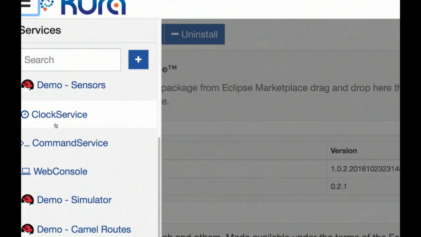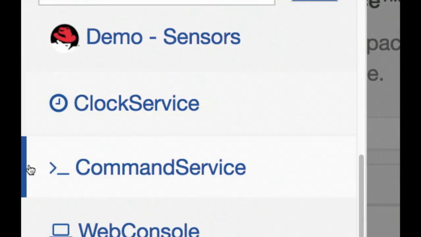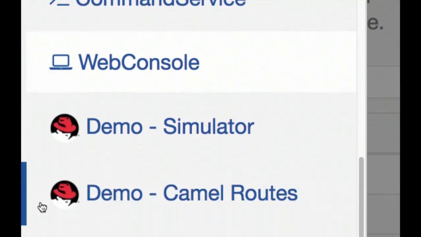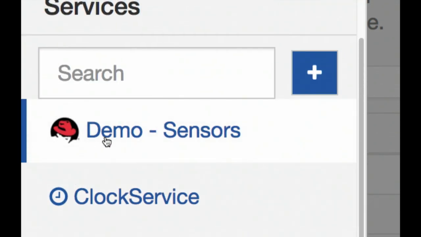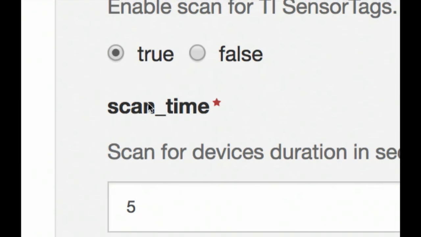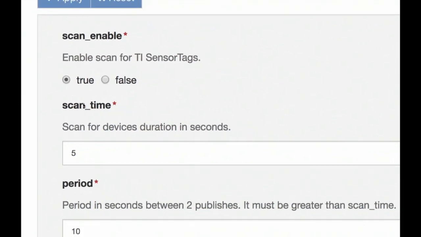Next to some of the built-in services in Cora, such as the web console service or the command service and whatnot, I now also have my own app that's going to talk to the TI sensor tags. It exposes lots of configuration parameters, and I have a standard way in Cora to do that.